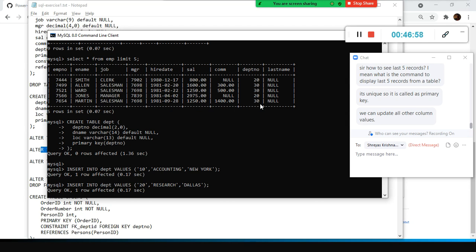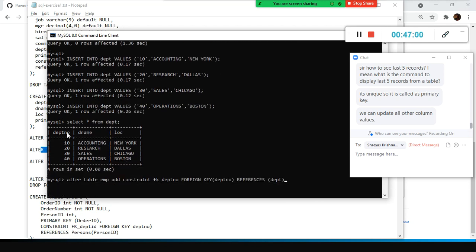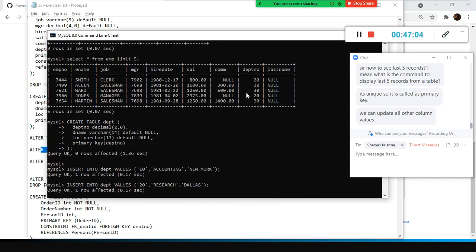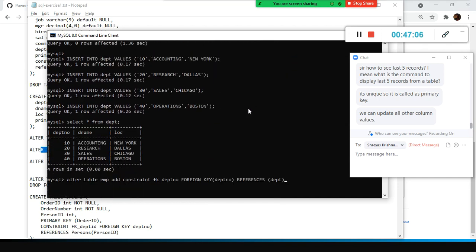Whatever value is there in your department table's department number should be there here. So alter table name, add. You can ignore this one at this moment. In the employee table, the department number is a foreign key because it references department.